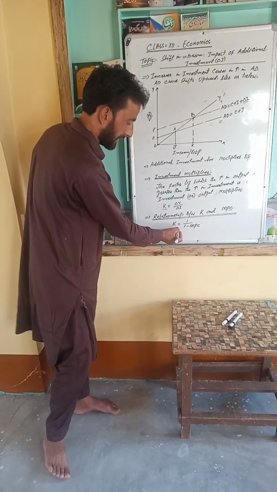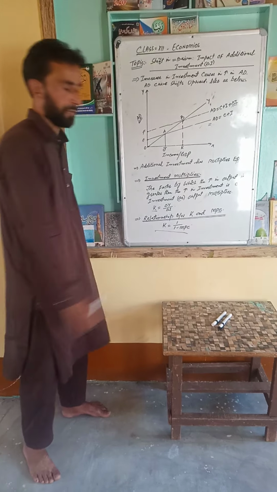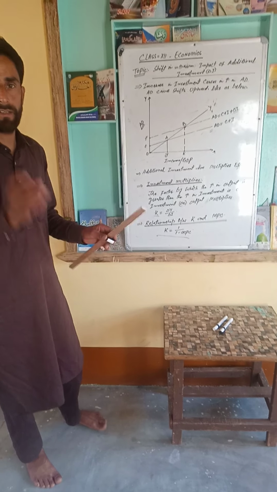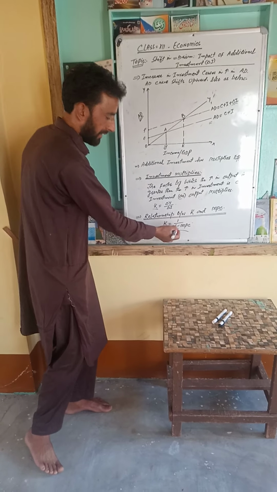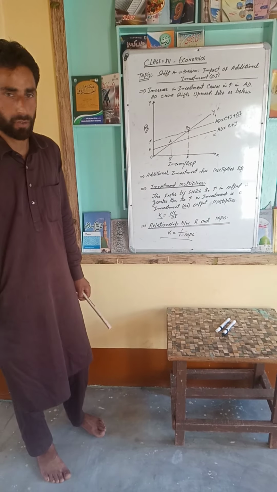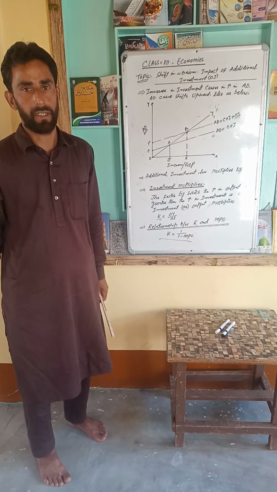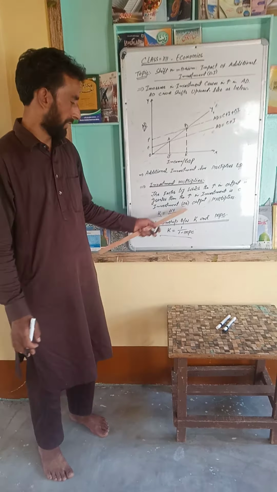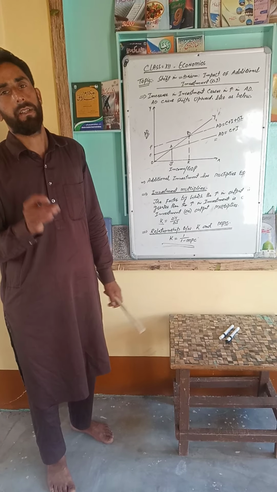For getting this concept in a clear way, you can use this formula, and you will get a clear concept that there is a direct relationship between these two factors. K is equal to 1 upon 1 minus MPC. This is the formula which you can apply, and you can get the same answer as in the above equation, that is ΔK. That is how we measure the relationship between these two: when there is an increase in K, the MPC will also increase.